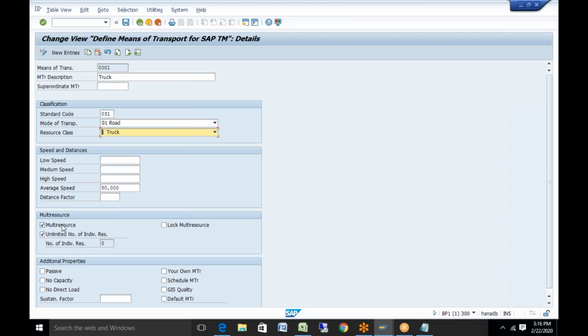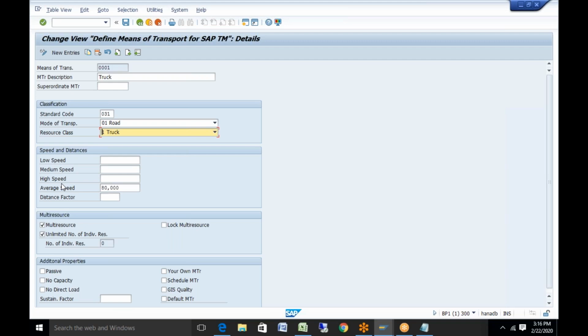And this low speed, high speed and medium speed, would they be given on an average, or is it specific to any vehicle that we give here? Yeah, it is based on a means of transport. That means for those trucks using a specific speed, you can specify the speed based on the means of transport. Because ultimately, this means of transport is assigned to a truck resource. When you create the actual truck resource, we need to assign this. So you need to know why we are creating multiple means of transport. If we have multiple means of transport based on speed, then you can do it. But please note, these speeds are only used in case you are using a GIS. If GIS is not used, this speed is not mandatory. Okay.